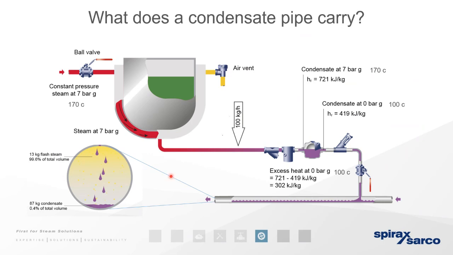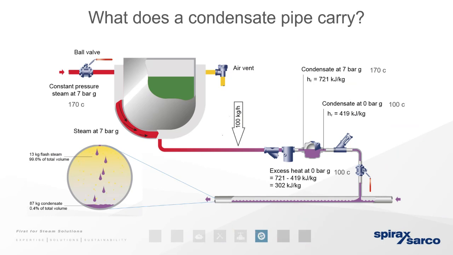And the image down in the left corner, this one over here, guys, we can now see that this demonstrates not only that the size of a steam pipe must be correct, but that we also need to consider that the condensate is biphase whenever we see a pressure drop across. So what this pipe is going to have to handle is not just the condensate, but also the flash steam within it. And as you can rightfully see here, even though the flash steam of 13 kilograms of mass is the smaller amount compared to the 87, we can see that the volume is the greatest, which is the 99.6. So this condensate pipe, if undersized or just sized for the liquid system, will be undersized and